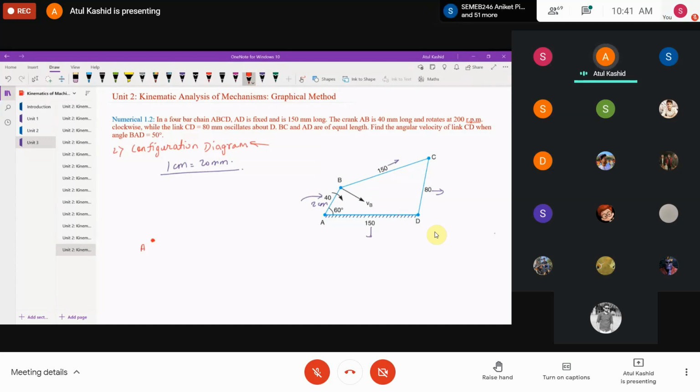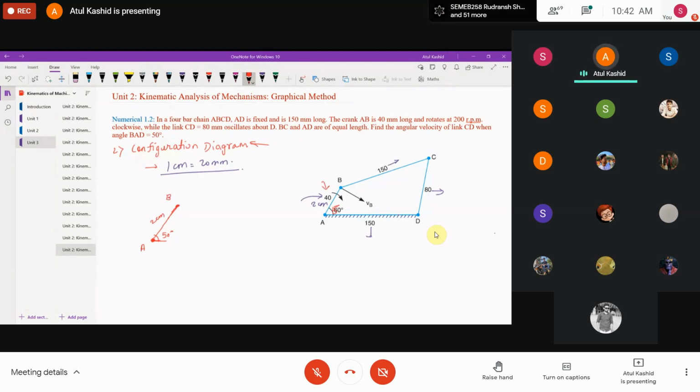Then what we need to do, take a compass and from the x-axis, draw a line at an angle of 50 degree. Sorry, the angle is 50 degree, please remember. So at an angle of 50 degree, you have to draw a line, and we know this length because we have taken scale as 1 centimeter equals to 20 mm. So for 40 mm, this will be 2 centimeter, right? So this is the point B I'm going to get, right?